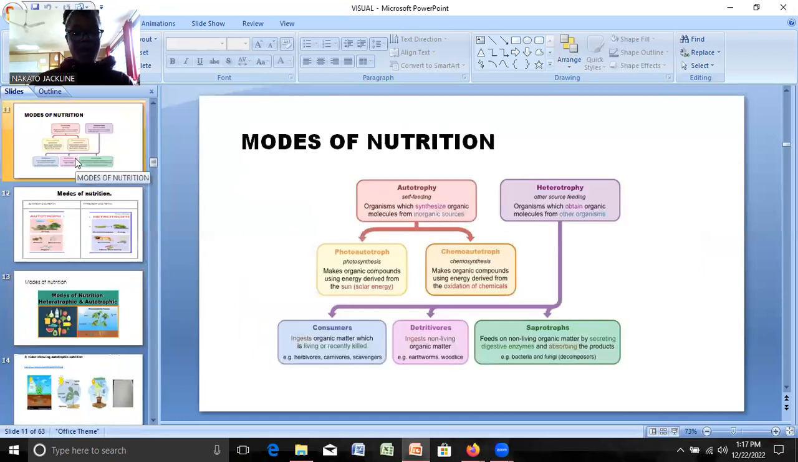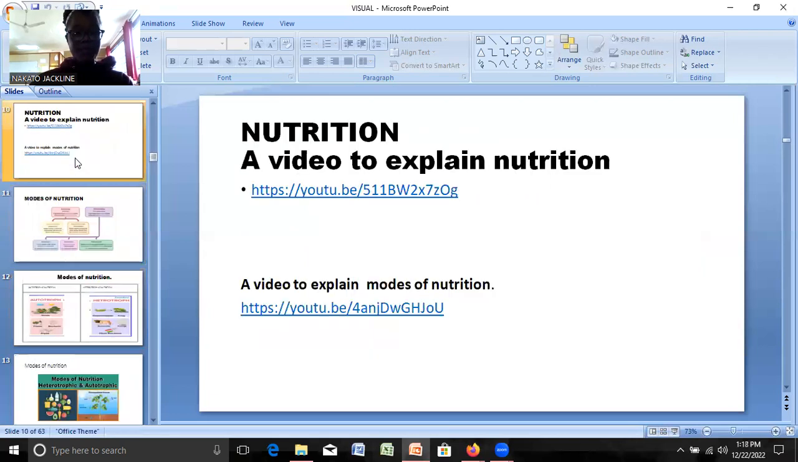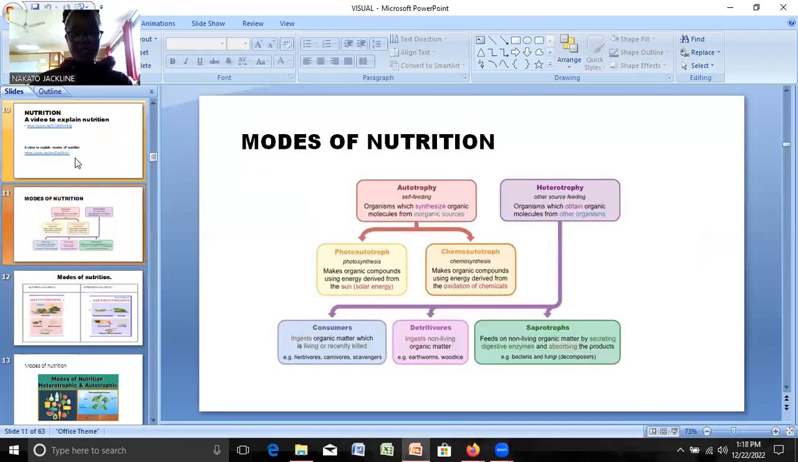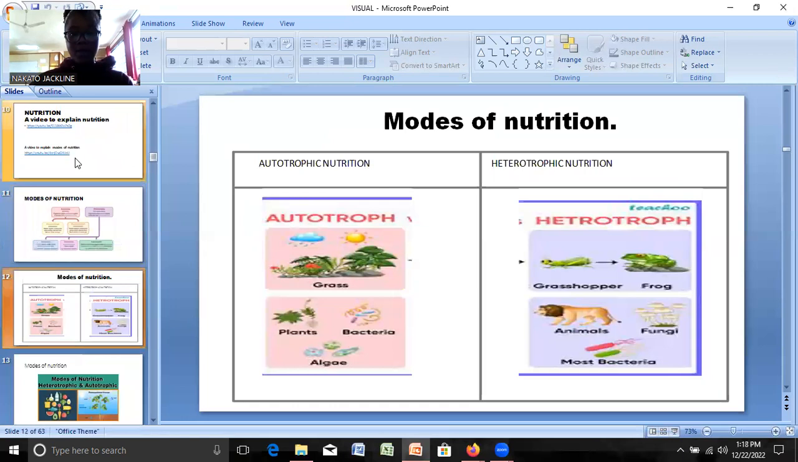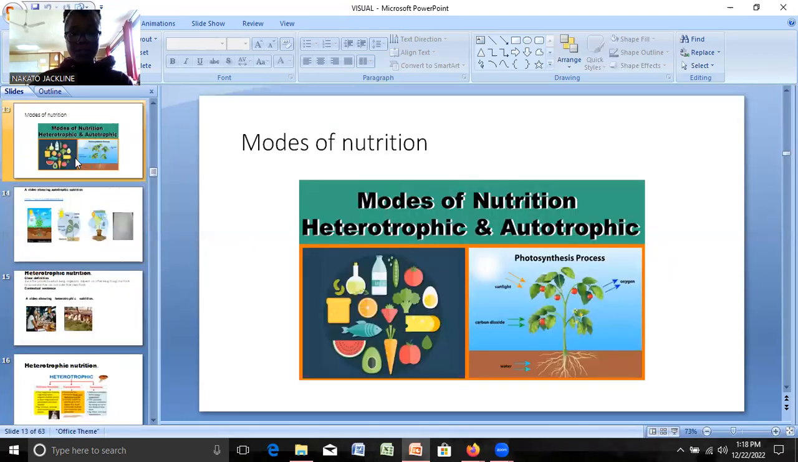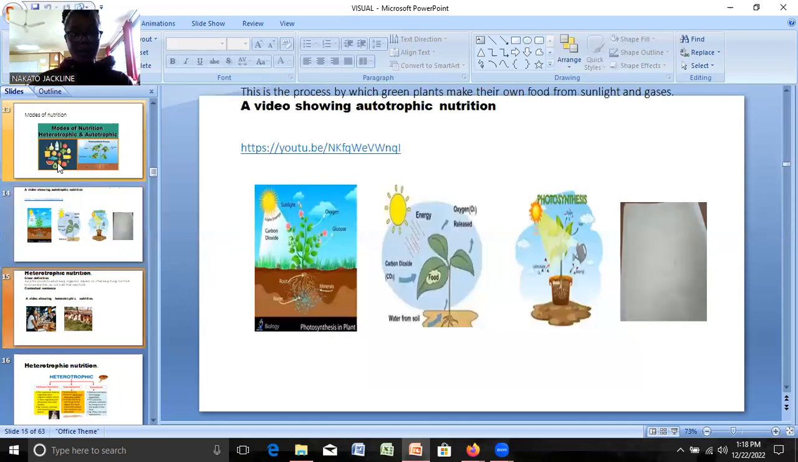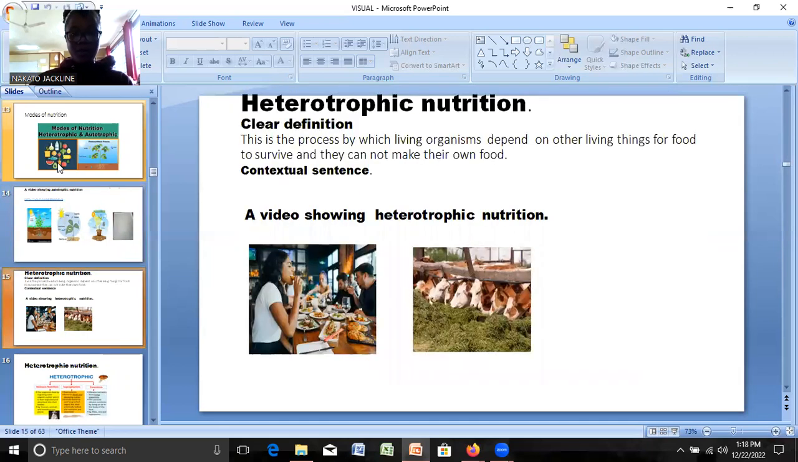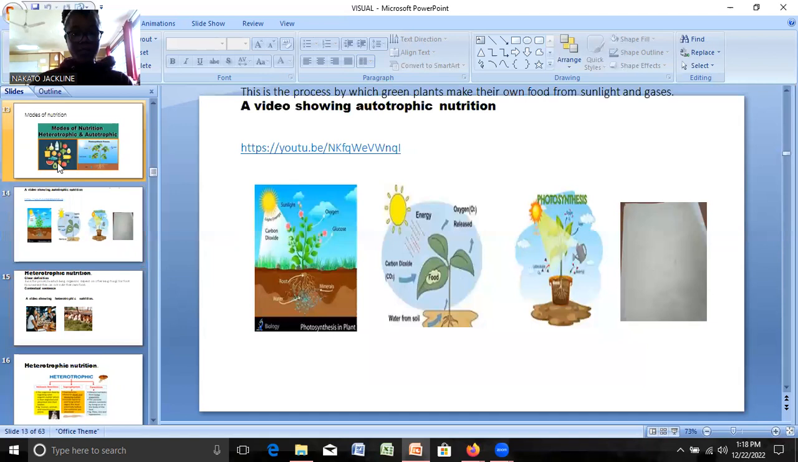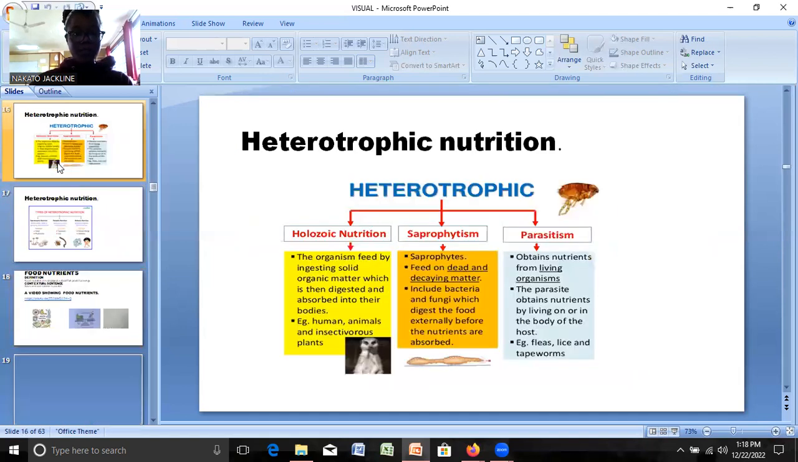So under the same, we have the modes of nutrition, and under the modes of nutrition, we have heterotrophic and autotrophic. So we see autotrophic nutrition, we see heterotrophic nutrition,